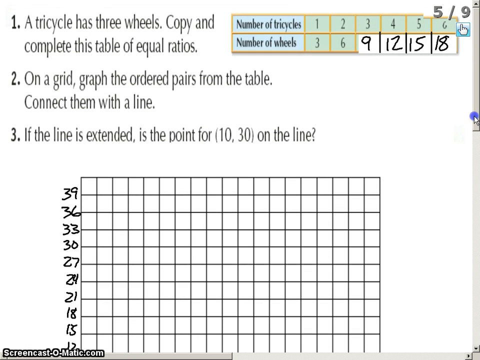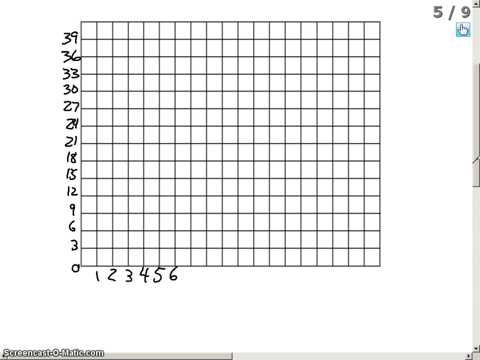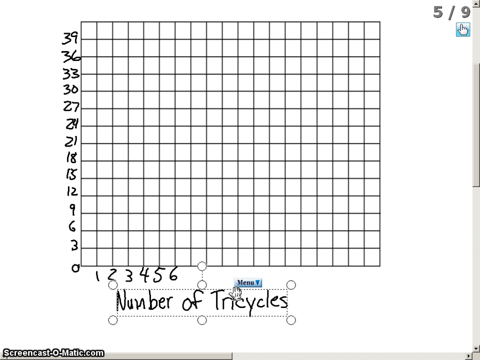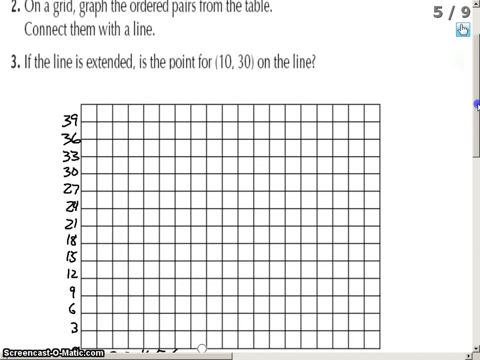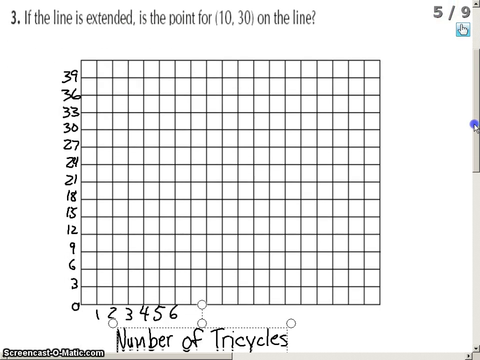Okay, so number of tricycles, that's going to be my x-axis. Let's do number of tricycles. Okay, and then on my y-axis, I'll just have number of wheels. I'll even just do number of wheels. Okay, now I have my